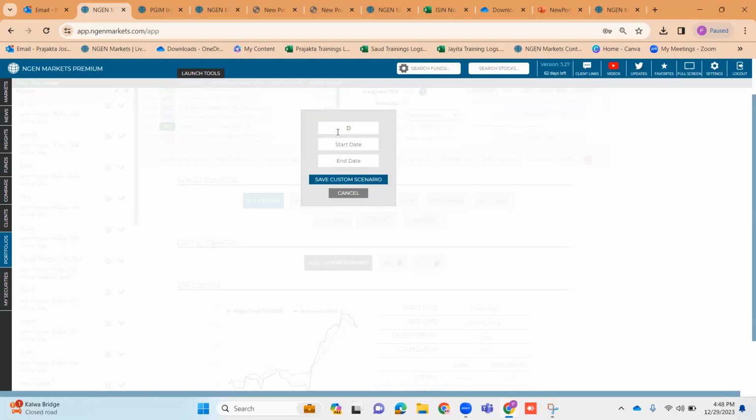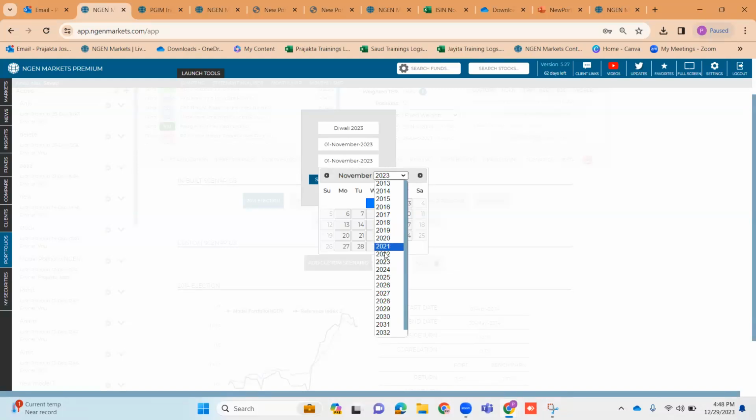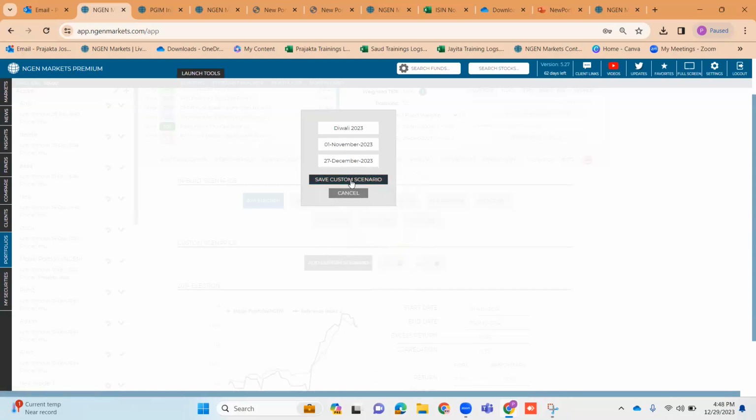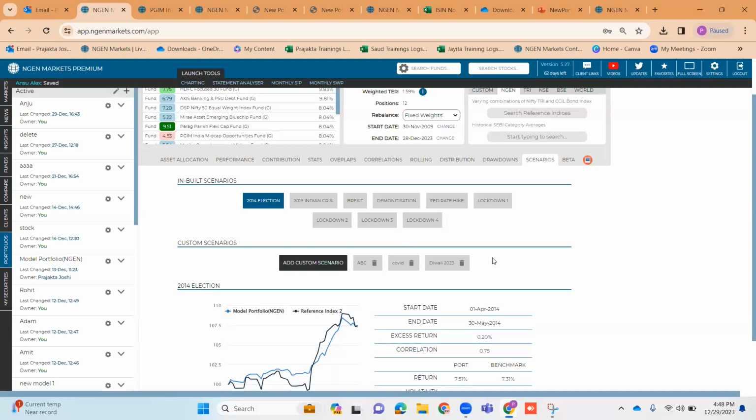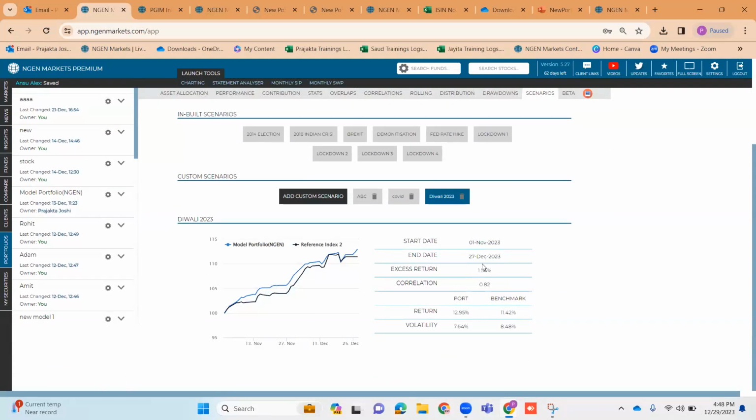तो उसको वी कैन जस्ट क्रिएट अ सिनेरियो कॉल्ड एज अप मूव इन मार्केट्स आफ्टर दिवाली, राइट। सो आई विल जस्ट पुट दैट एज अ दिवाली 2023 सिनेरियो। अभी उसका स्टार्ट डेट आई एम गोइंग टू टेक आर्बिट्ररीली, समथिंग लाइक अ 1 नवंबर, क्योंकि उसके पहले तो देयर वाज अप मूव, वॉलेटिलिटी था मार्केट्स में, उसके बाद सिग्निफिकेंटली अप मूव आया है। तो आई विल टेक लेट्स से 28 और 27 ऑफ दिसंबर एंड आई विल क्लिक ऑन सेव कस्टम सिनेरियो। जैसे ही मैं ये करती हूँ, आई क्लिक ऑन दिस एंड दिस इज द पीरियड नाउ दैट आई एम गोइंग टू एनालाइज। ये पीरियड में क्या हुआ, तो मेरे बेंचमार्क ने 11% दिया, मैं पोर्टफोलियो में 12.95% दिया। सो दैट रियली डिपेंड्स, इट्स अ वेरी सब्जेक्टिव कॉल। आपको जो डेट्स चाहिए, यू कैन टेक दैट लाइक दैट।